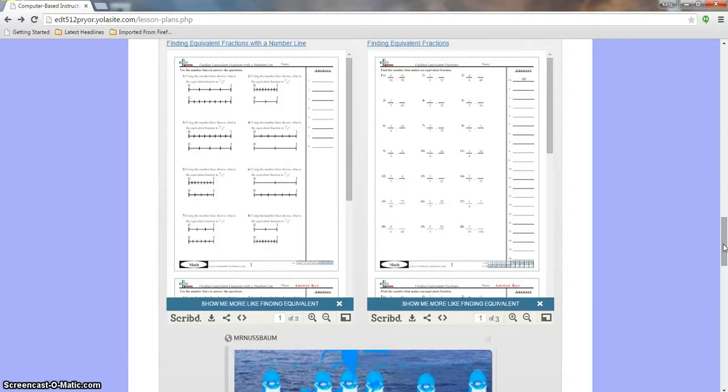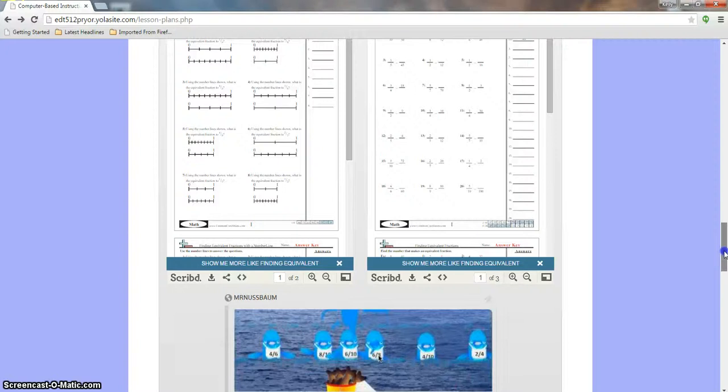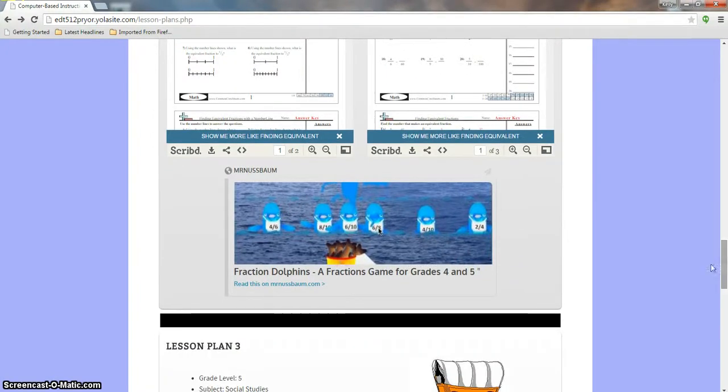The worksheet on the right, called Finding Equivalent Fractions, is independent work after the game, where the teacher can use that as an assessment to see what the students still need to work on and what skills they have already mastered. So I'm going to go down to my game, and it's called Fraction Dolphins, and what you have to do is click on